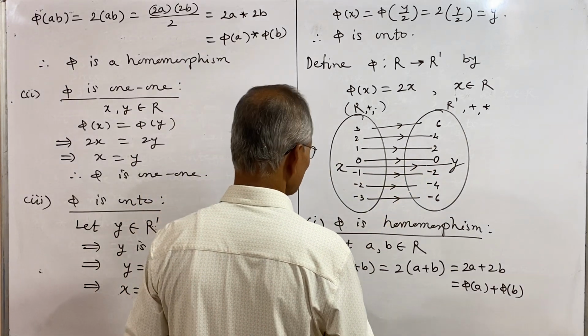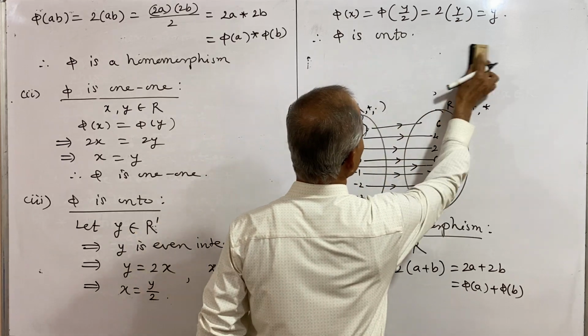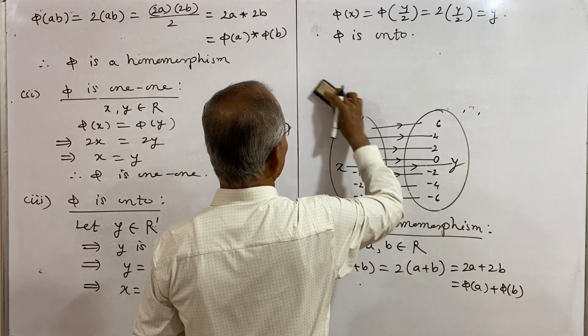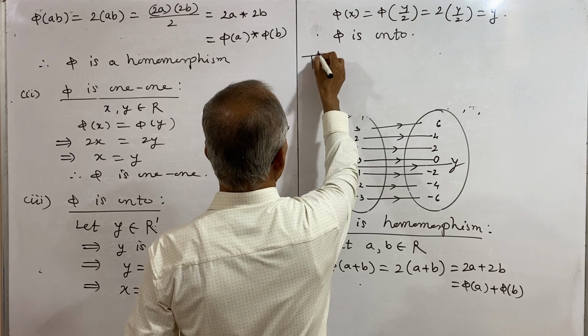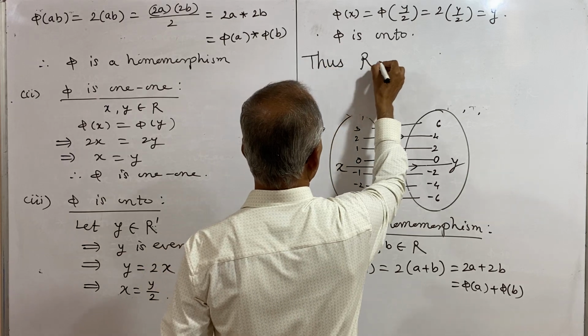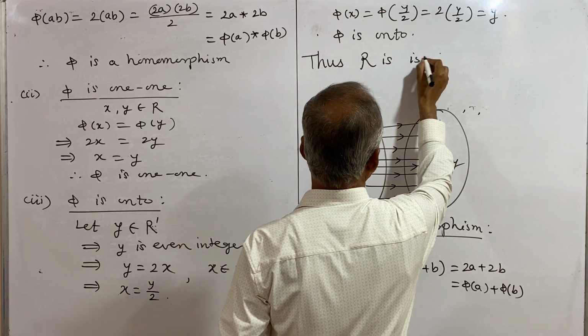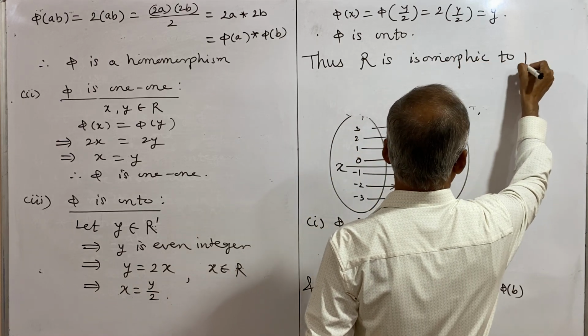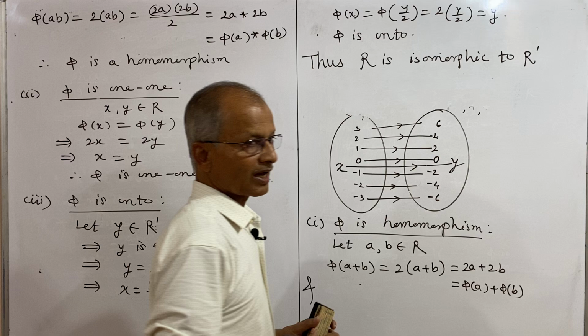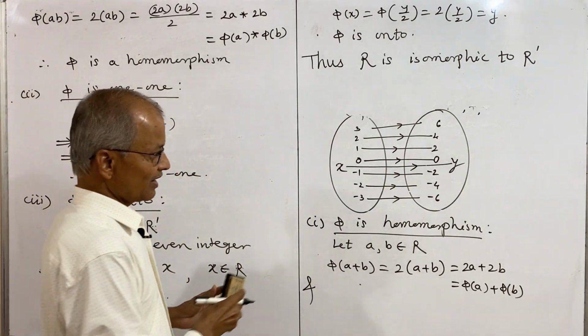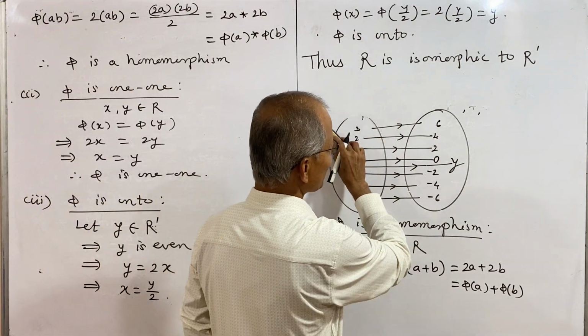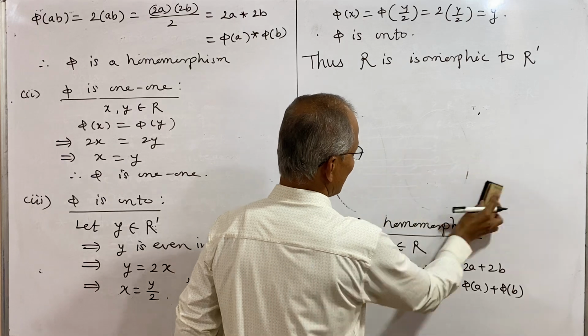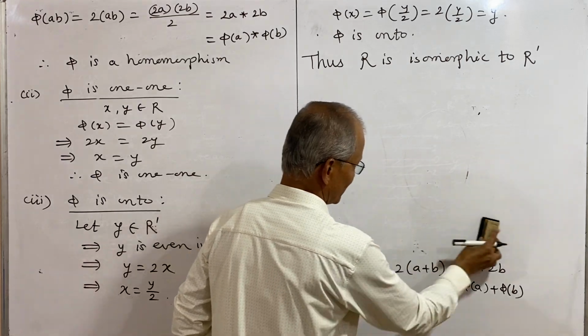And thus R is isomorphic to R dash. These two rings are isomorphic to each other, and in that sense the isomorphism of rings is